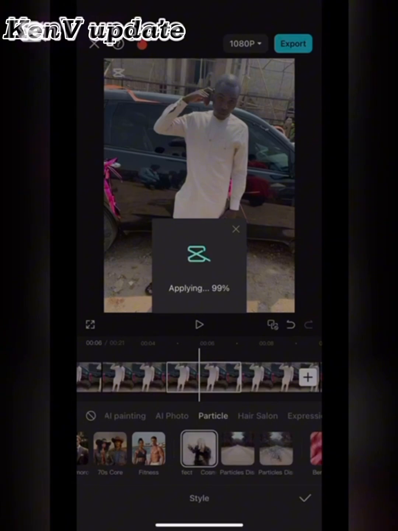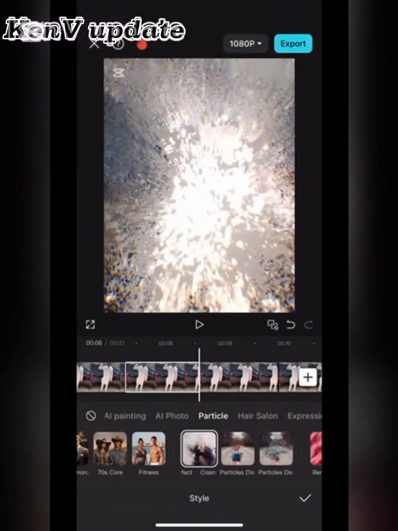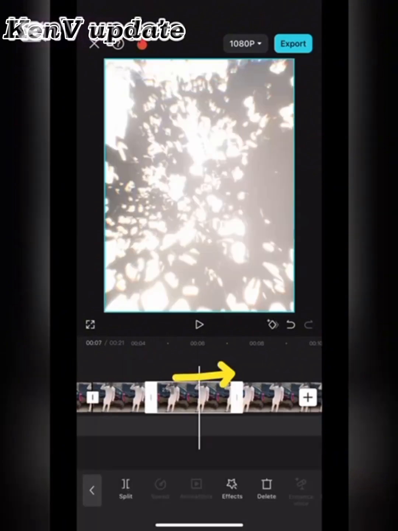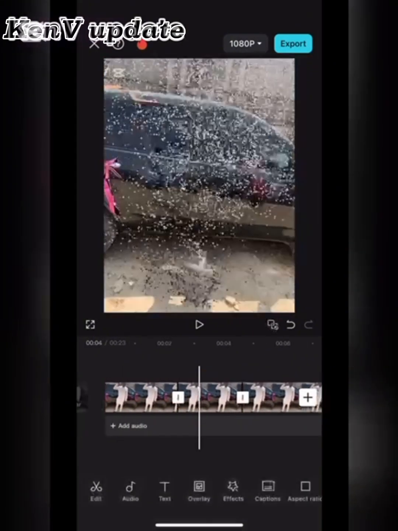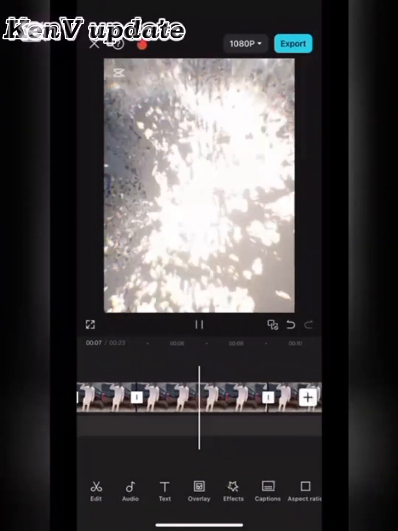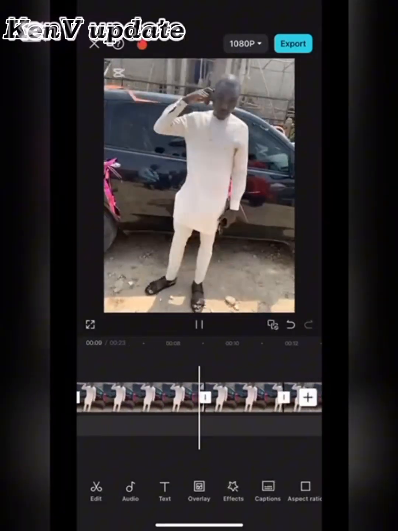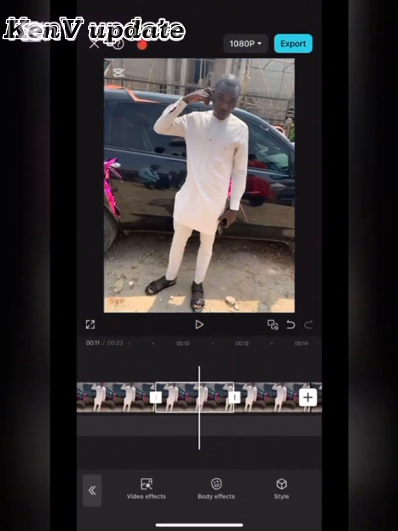Just be patient. Wait, now it has applied, but you can see that this place is short. The effect did not apply completely. I will click on it, then I will drag it so that the effect will apply completely. As you drag it now, you can see that the effect has applied completely. Look at it. Then after this now, I will click on the next one and still click on effect, click